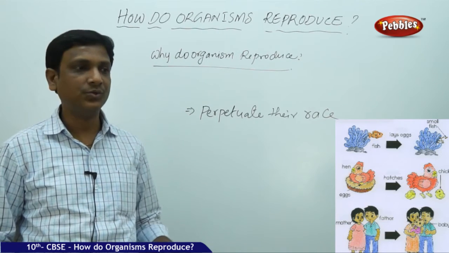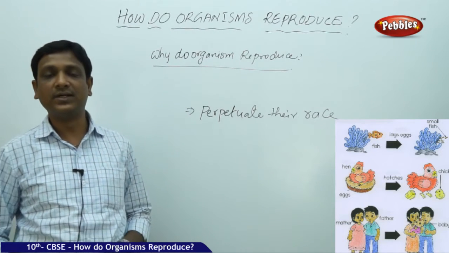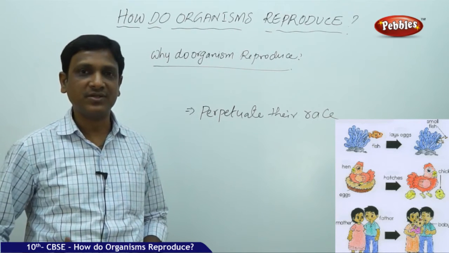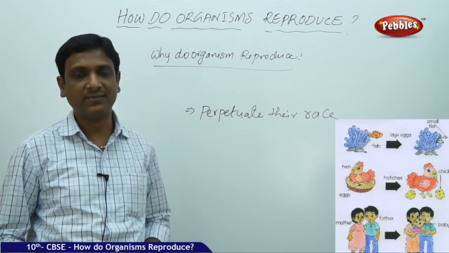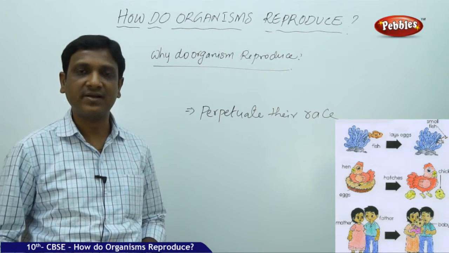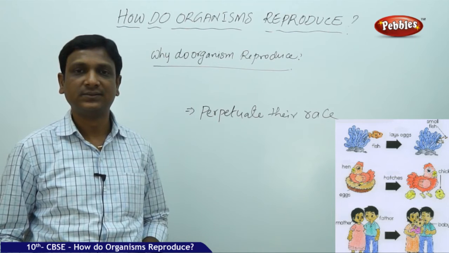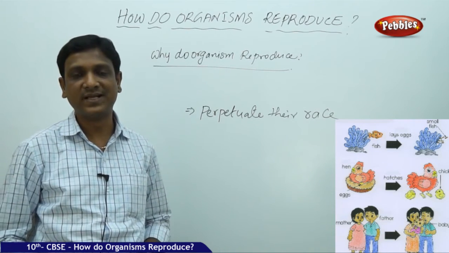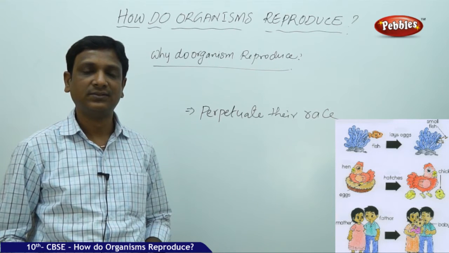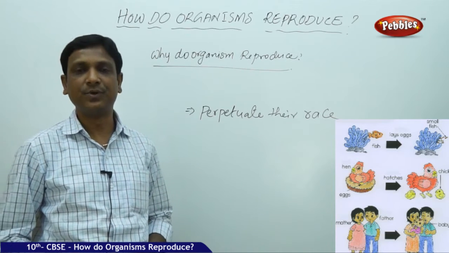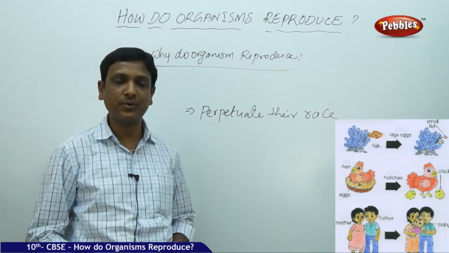Right? So we see the same thing in human beings also. That is the reason for the increase in population. The human population has rapidly increased in the past 100 years. In the past century, the population has grown drastically. There are many reasons. Even humans reproduce to produce their young ones of their own kind, to produce their babies.